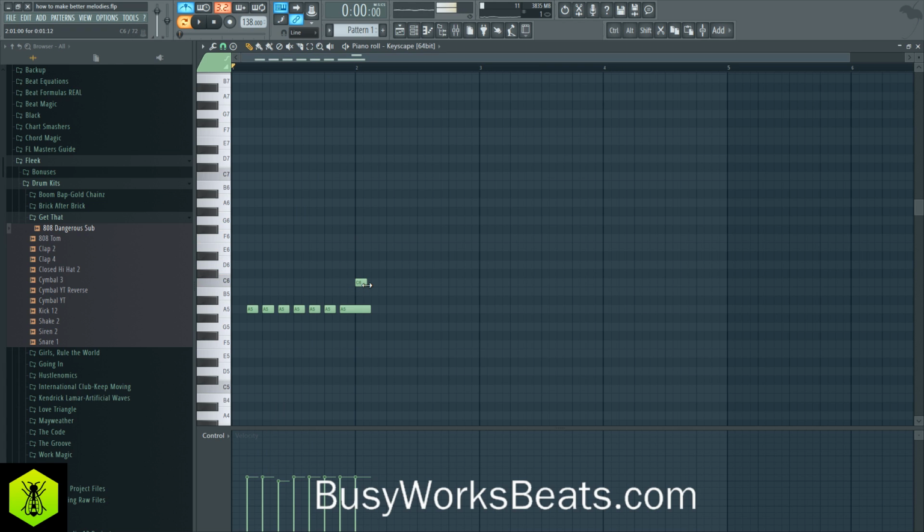Now this is the best part, because let's say you don't understand music theory. This way you can do it by ear. This is what I used to do when I was a younger producer sitting at my computer desk. I would literally whistle. My mom probably got annoyed, but I would whistle like at 12 a.m., 2 a.m., however late I was up making music. I would whistle out the melody over and over and over again until I fully translated each and every note. That's what you need to do.